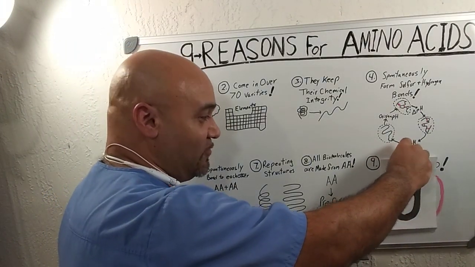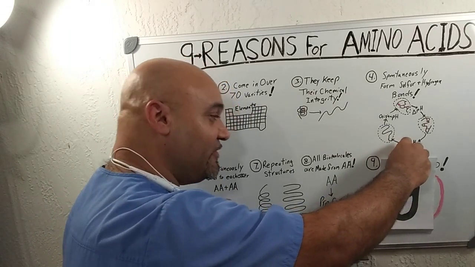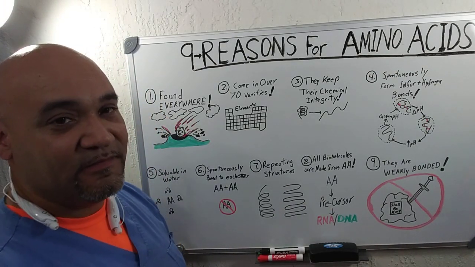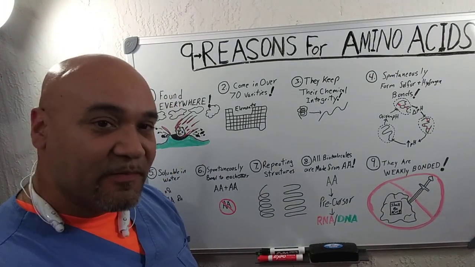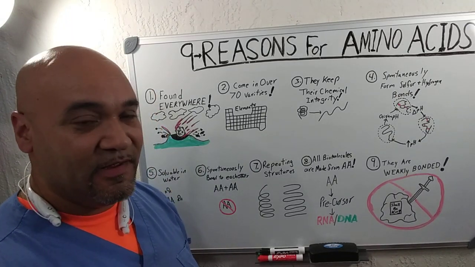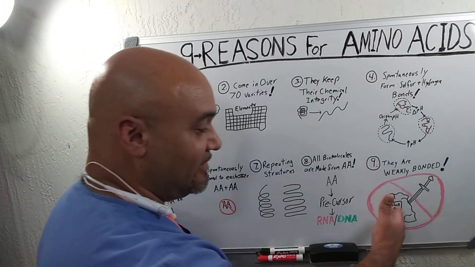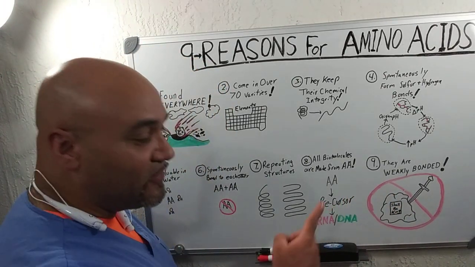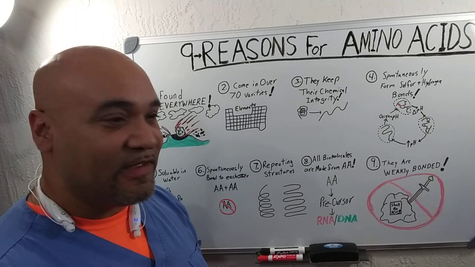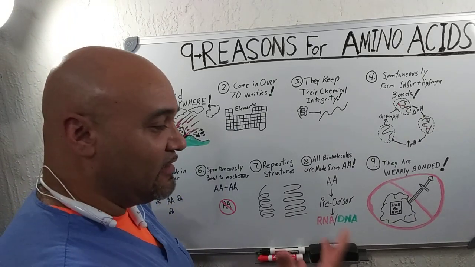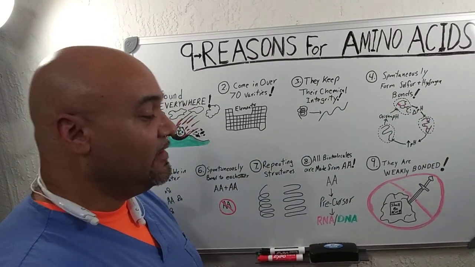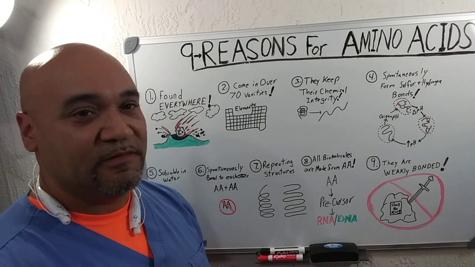Number 9, and the one that I claim is very counterintuitive, but also makes amino acids very useful, is they are weakly bonded. It's very easy to separate amino acids from each other. Now, you would think this is not something that's very good. And that's why I put the sword in the stone. Only one person can take that sword out and be king of England. But when it comes to compounds that life needs, you're not going to want a compound that only one specific protein out of the billions of proteins that could be made can take away.